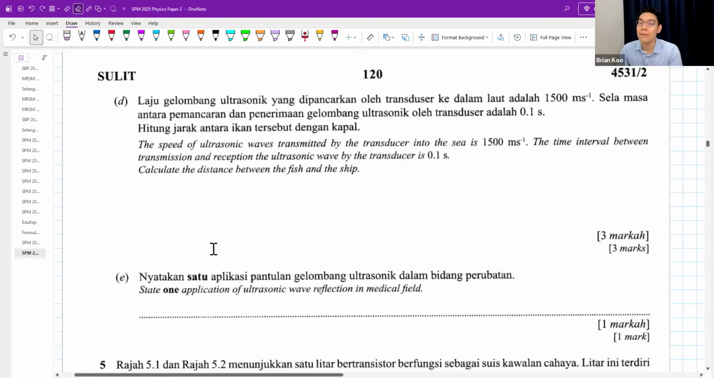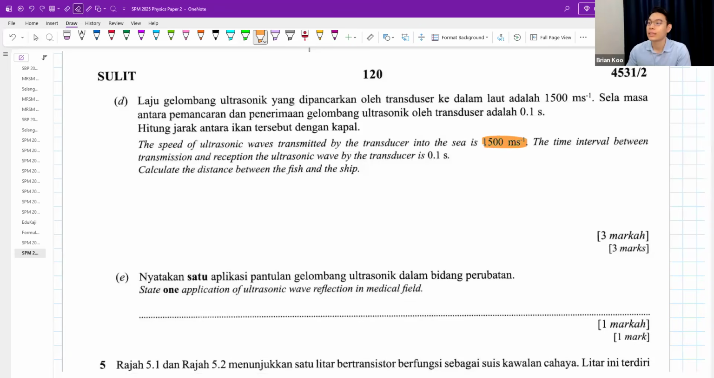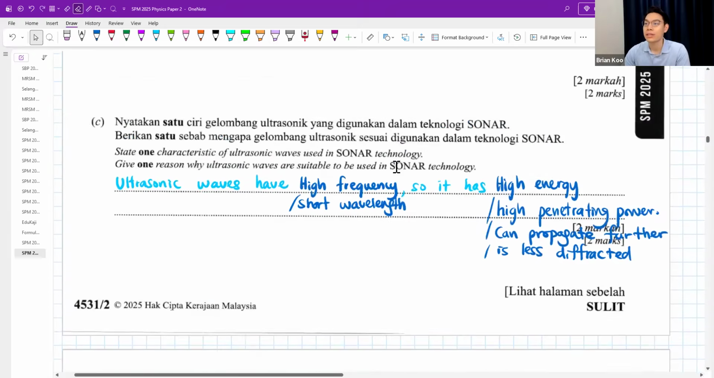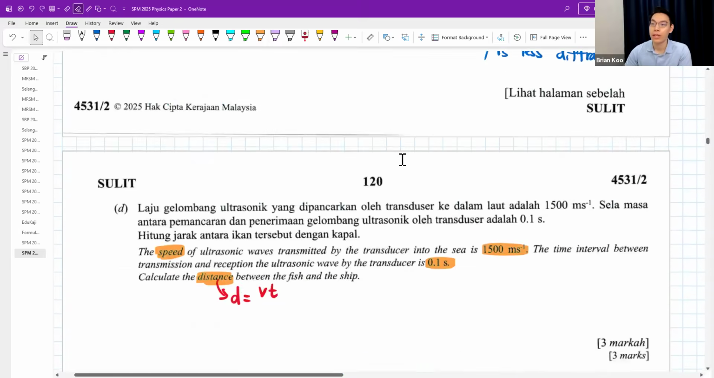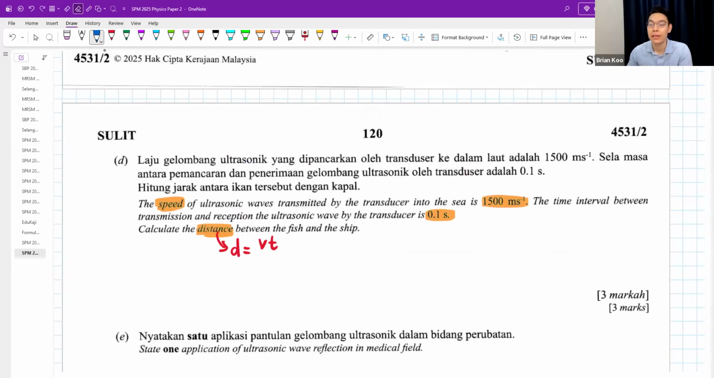Okay. Part D, the speed of ultrasound transmitted by the transducer into the sea is this. This is the speed of sound. The time interval between transmission and reception of the sound by the transducer is this. Calculate the distance. To find distance, normally we say distance is speed times time. However, because, maybe I draw here will be easier. Because for reflection,